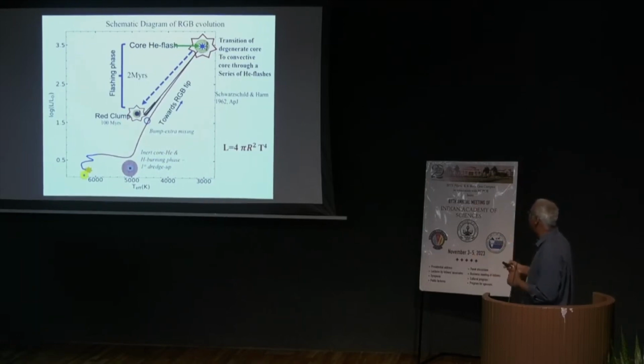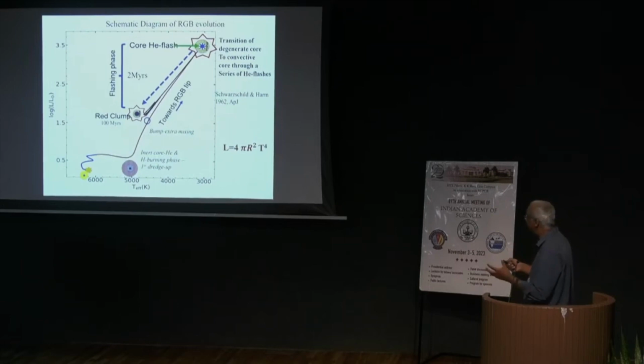adiabatic expansion, and then suddenly the gravitation overcomes the radiation pressure because the hydrogen burning shell energy comes down, and then the radiation pressure is lesser, and it shrinks. And then the star of something like 50 to 70 solar radii becomes 15 to 20, and suddenly it drops here, and this is called the red clump stars. There they stay for 100 million years, and then people say the models indicate,